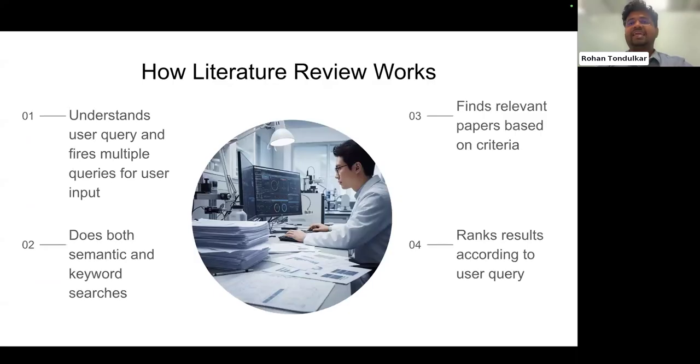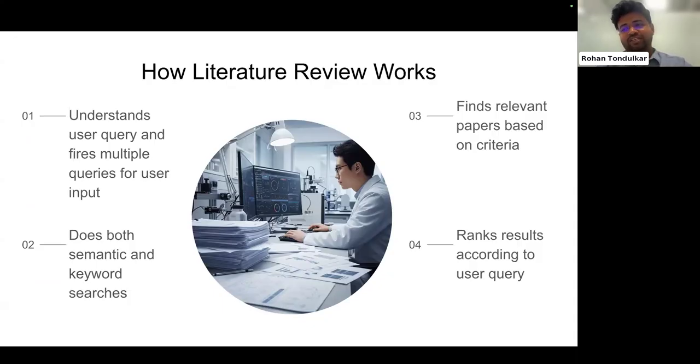Secondly, let's have a very high level understanding of how a literature review works from an AI side of things, right? So step one, whenever a user fires a query, our job, like we mentioned previously, is to understand the user query and fire multiple queries for the user on our behalf, basically, right?